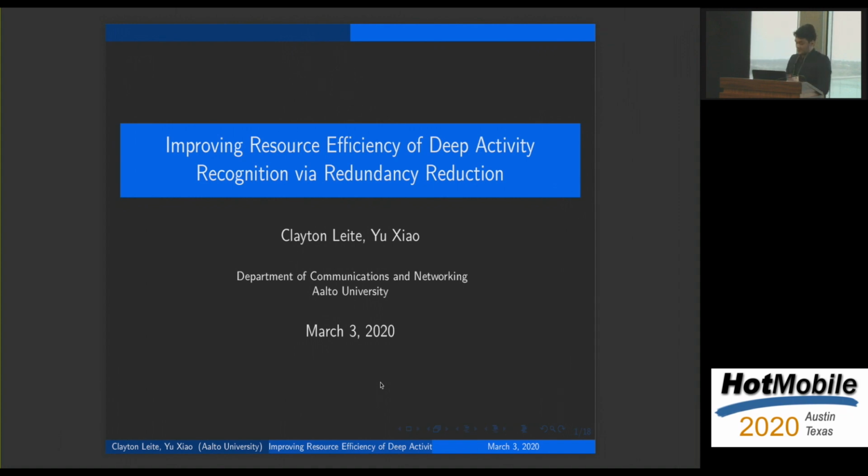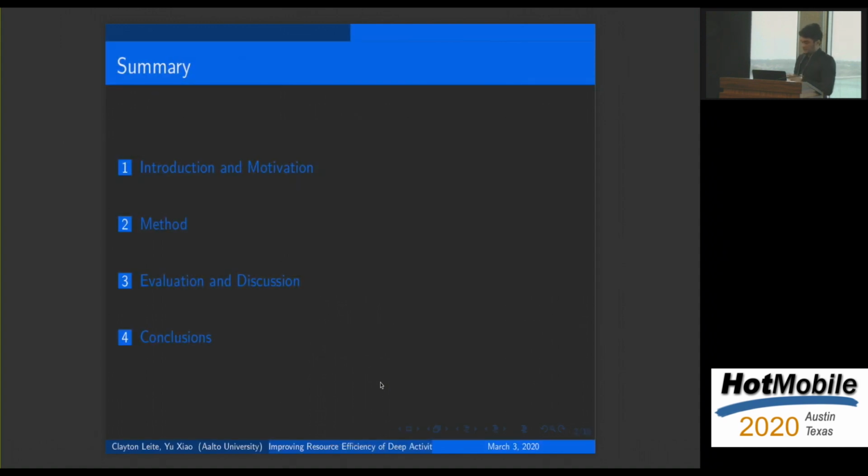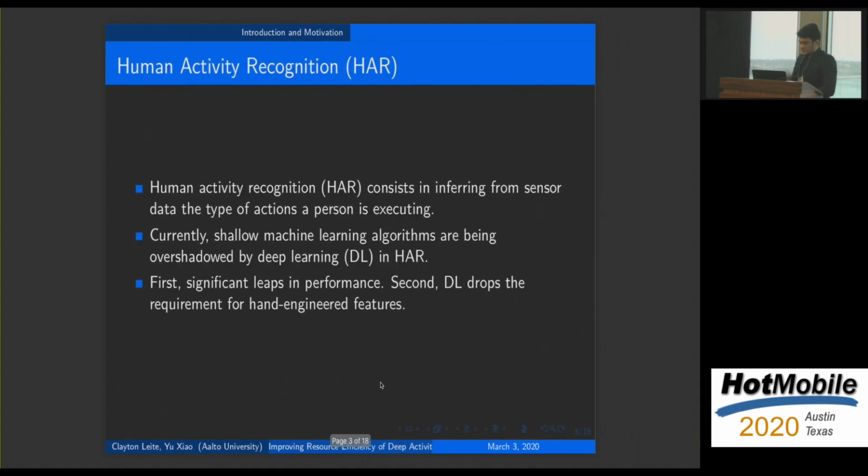I'm going to be talking about deep learning applied to human activity recognition and how we do things more efficiently in this area. I will talk briefly about the introduction, motivation, then the methods, evaluation, and discussion, and conclusions. Human activity recognition consists in inferring what kind of activity, what kind of actions a person is performing